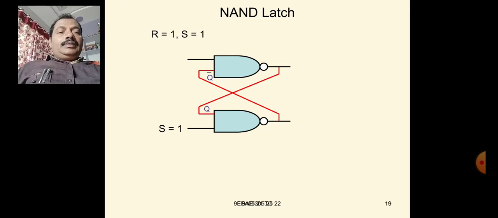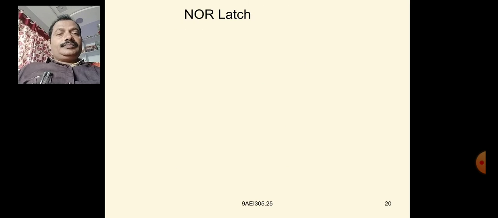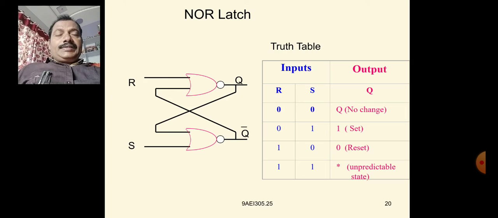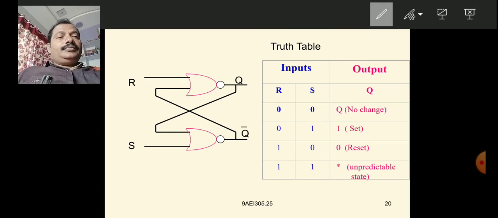For 1 1, the latch will act as a memory element. So let us consider another latch, the NOR latch. If you consider the NOR latch, let us take the first combination 0 0. Whenever you take the combination 0 0,